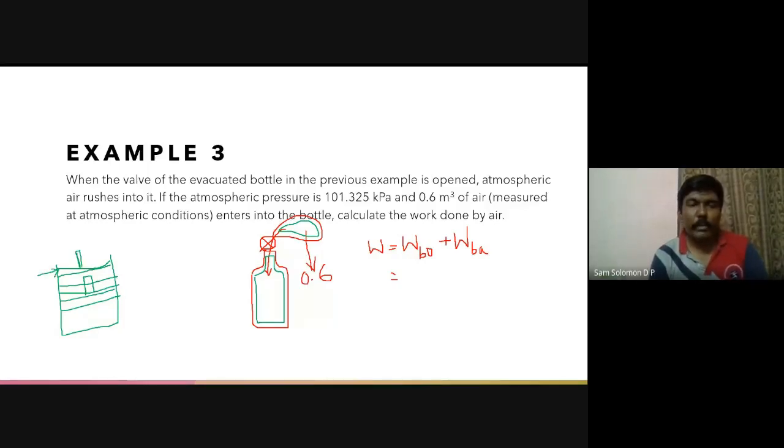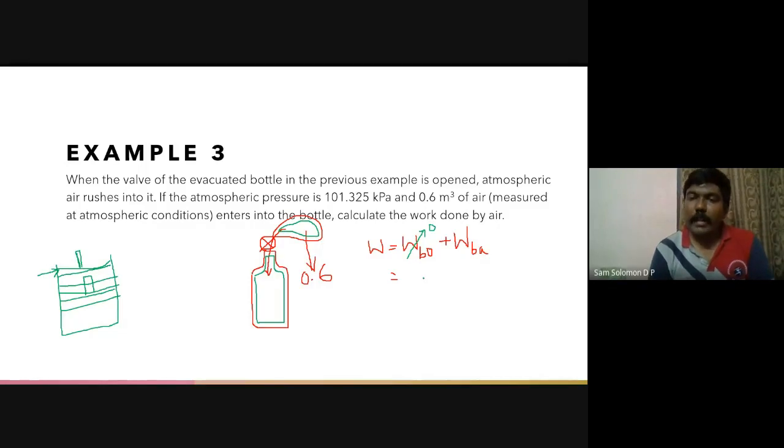Then at the final position you have got the final volume. So there will be a change in the volume of the cylinder, whereas in case of this bottle, there is no change in the volume of the bottle. Because the volume of the bottle is constant, the change in volume will become 0. Whereas for the balloon there is a decrease in volume.